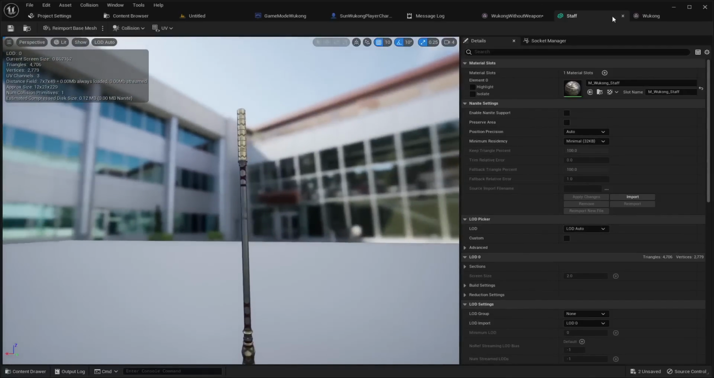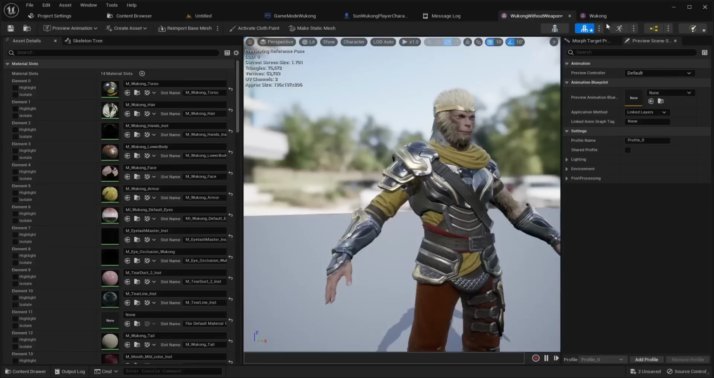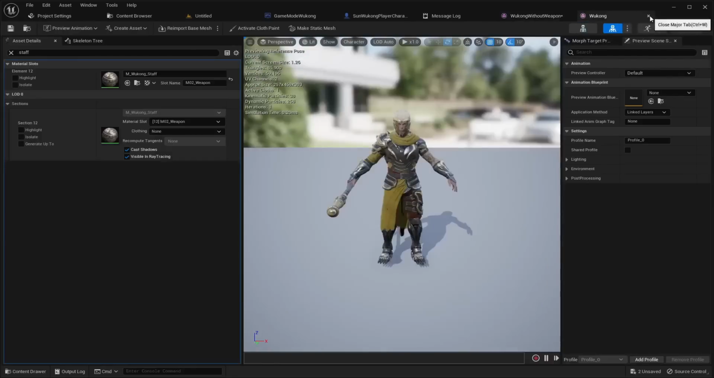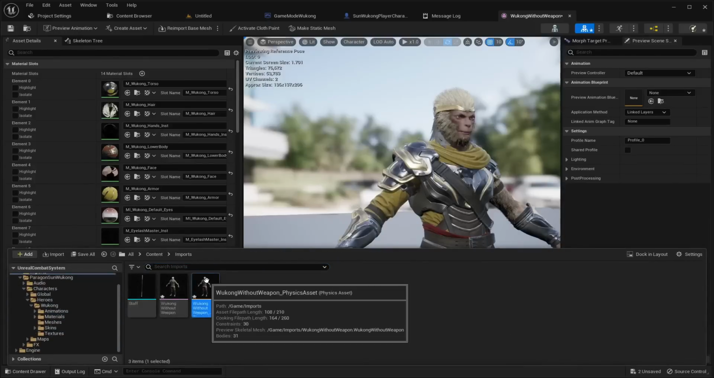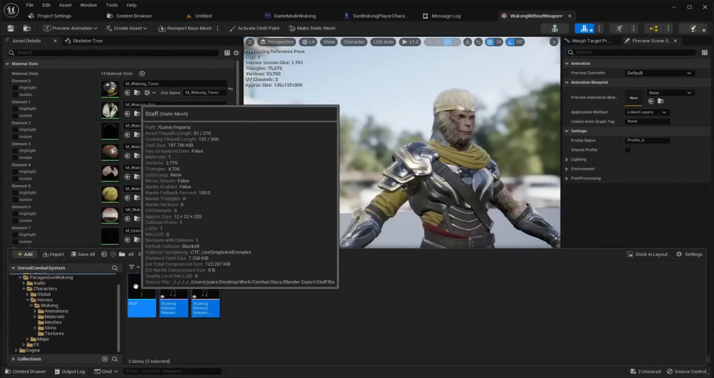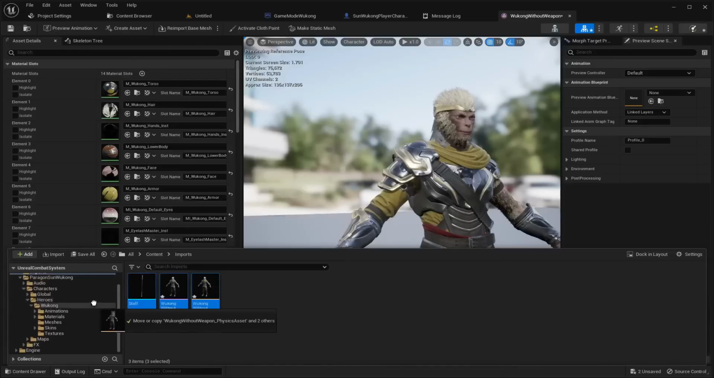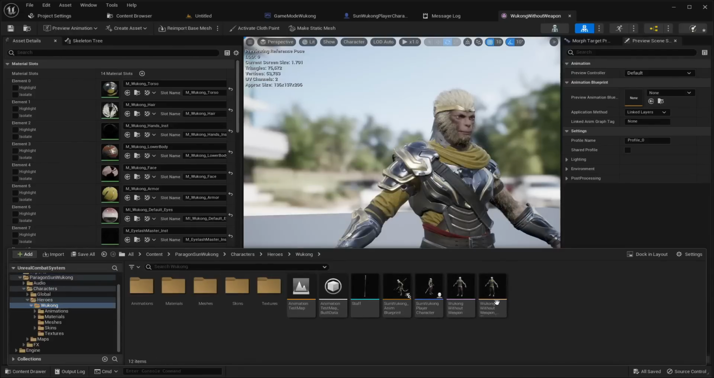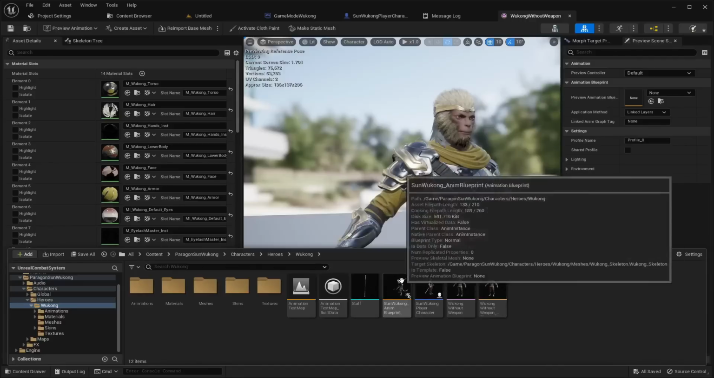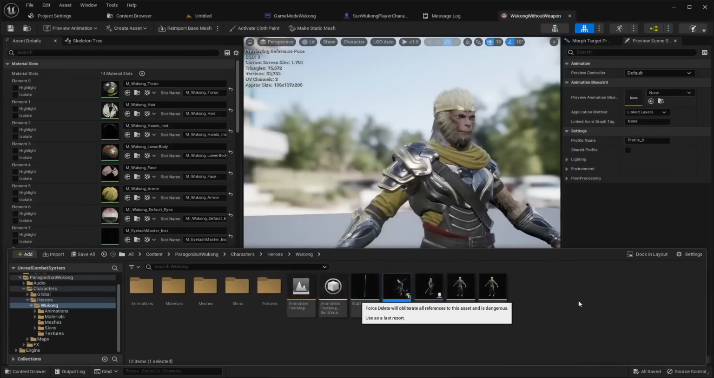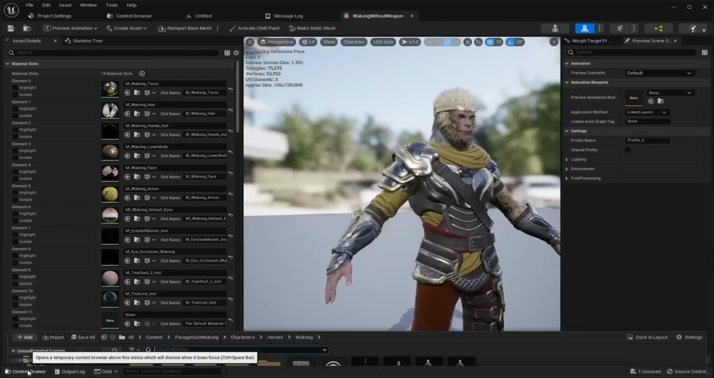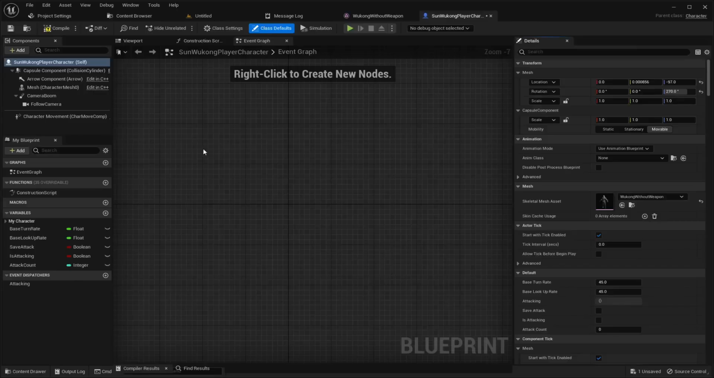So let's save it, let's close it. Now I don't need this mesh anymore. I'm going to place this one in the Wukong folder. Let's move it here, just like that. I'm not going to use this in blueprint, so I'm going to delete it as well. Let's do this force delete, like that. Now we have our character,